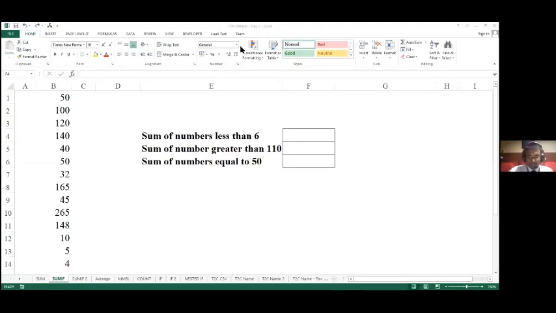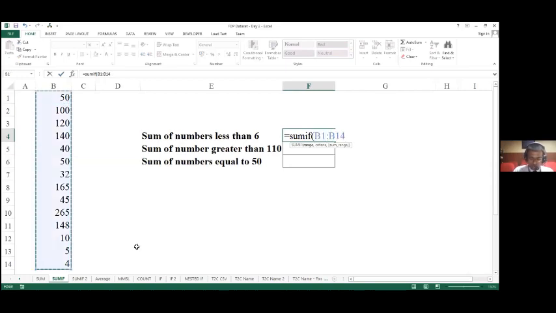Okay, sorry about that. Now I'll start all over from the beginning once again. So here the syntax is equal to SUMIF, open bracket, and I have to define the range. Range is B1 to B14, comma.